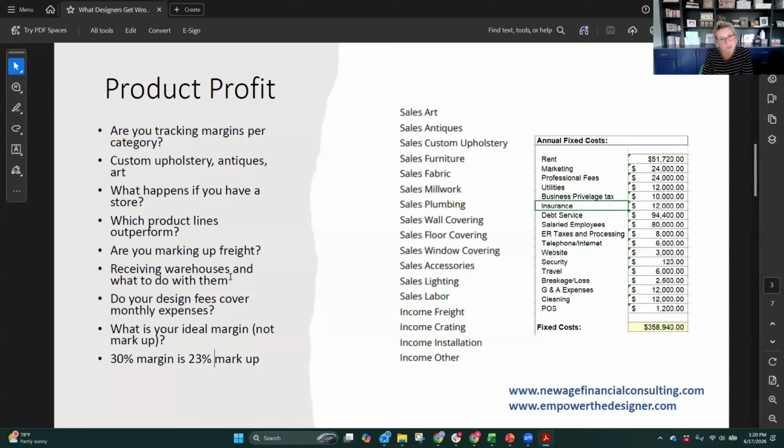We're also out of the insurance game, right? So when you're dealing with receivers, most of them, and I would actually tell you all of them, but most of them are never covered for full losses. So is it clear to your clients in your contract that they are responsible to obtain additional riders, or they are responsible to work with the receiver to obtain additional riders? But if a receiving warehouse blows up, the